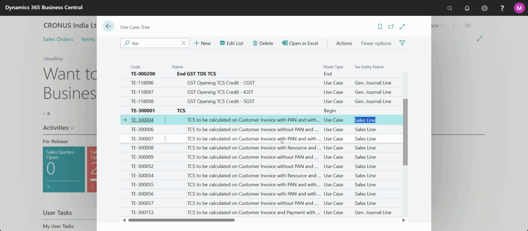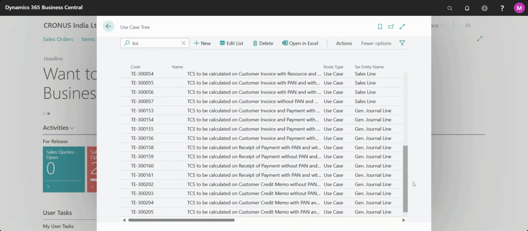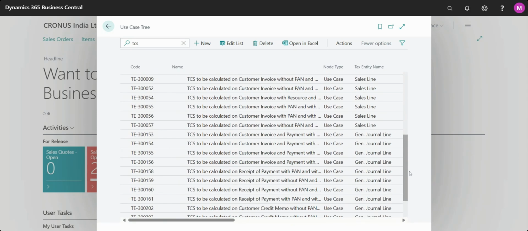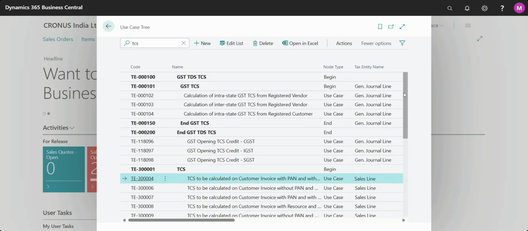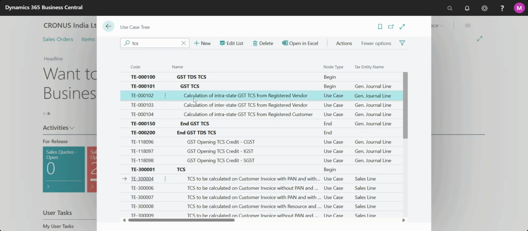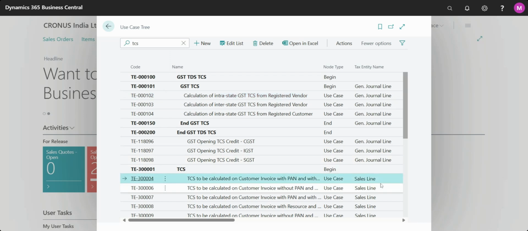So if my scenario is based on the sales document, we need this kind of use cases, anything that is applicable for you. So you may check, is Business Central allowing you to do this kind of scenarios in which kind of document? If this is the case, this will work on general. If this is the case, this will work on sales order, invoice, and other sales documents. See, this will work on sales quote, sales order, and sales invoice.